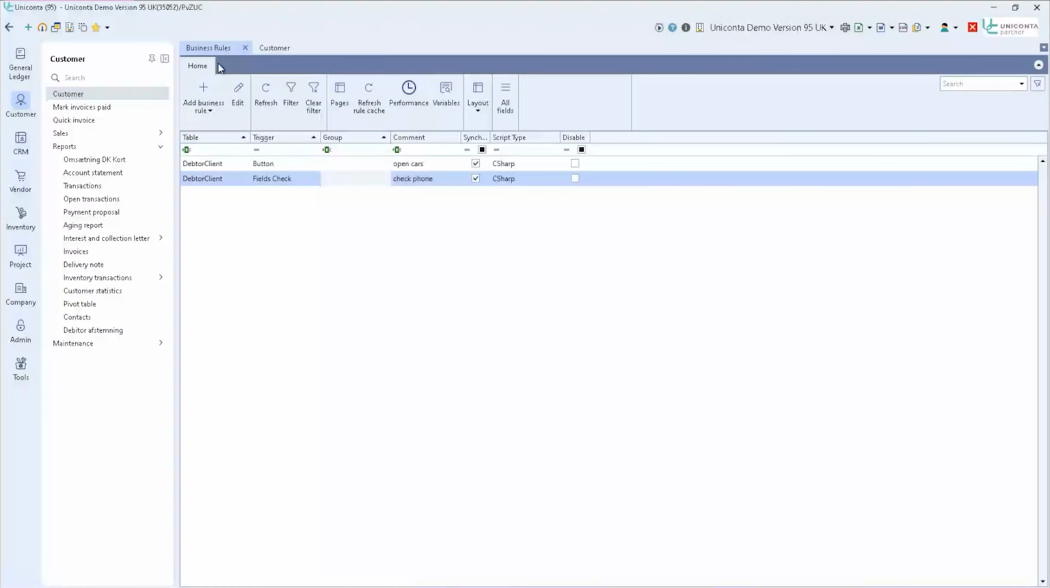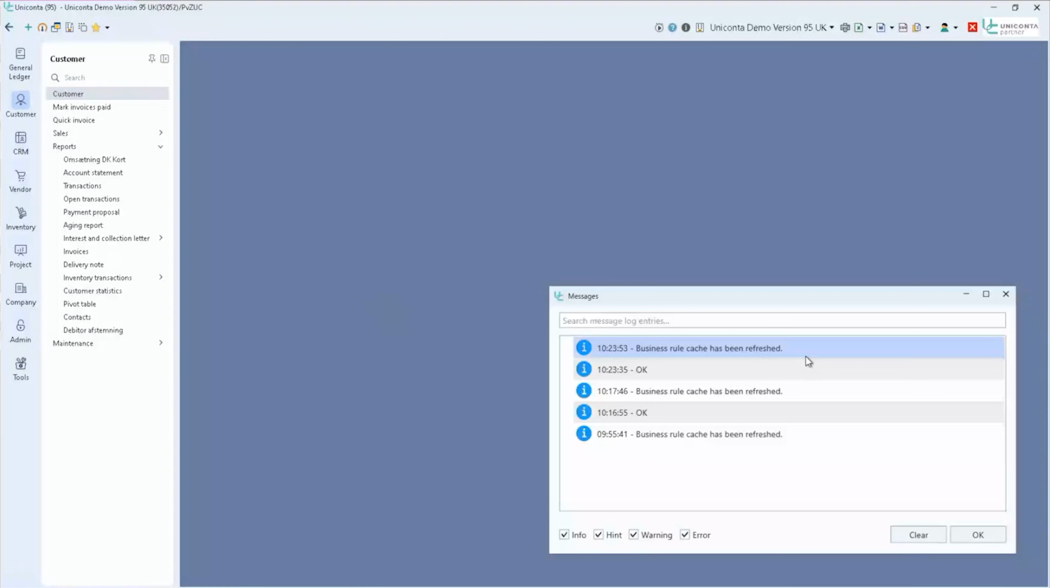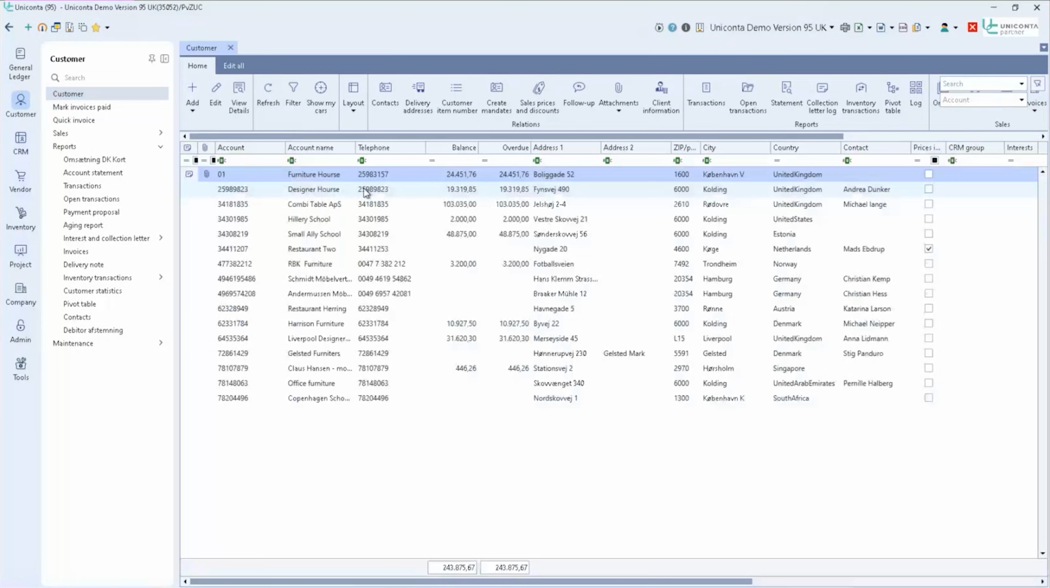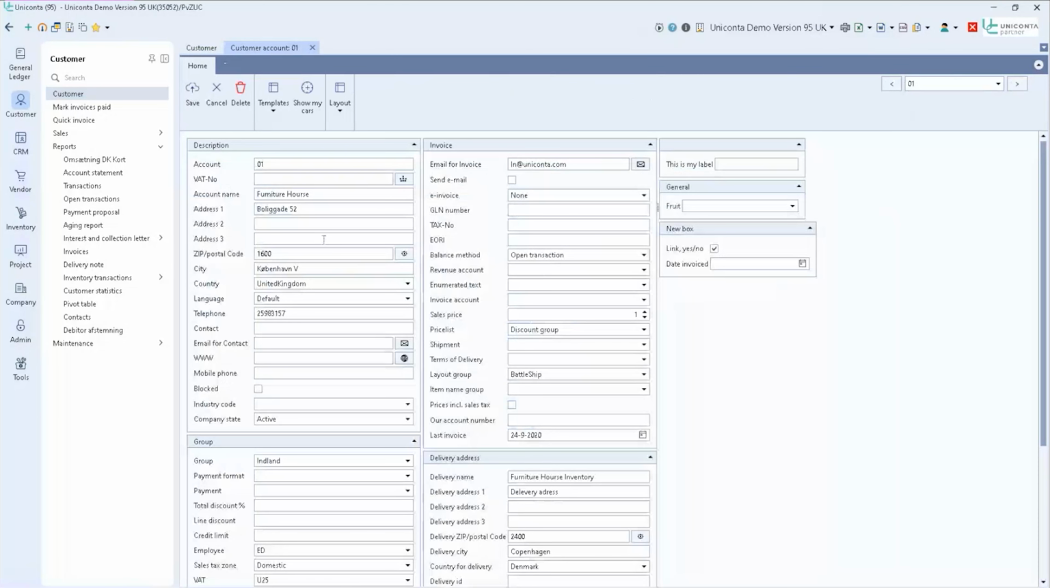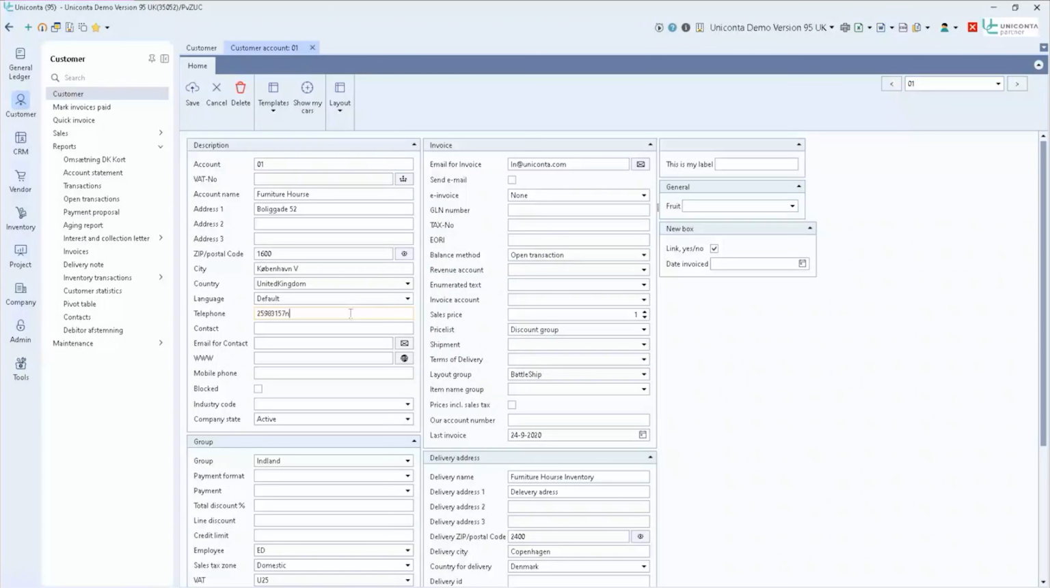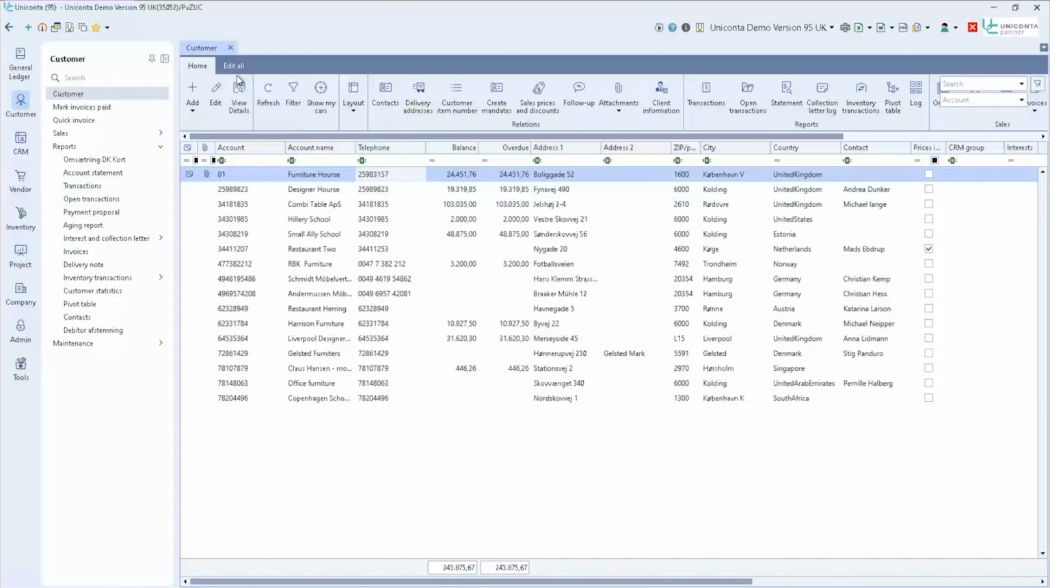Then we close everything so we know the rule is cached and the window is closed. If we reopen the customer and we do edit and we say, I don't know, something like this, save, it'll show a message: phone for debtor, furniture is invalid. And if we change it and we save it, it is functioning again. And the same rule applies here, as long as it's a debtor record,